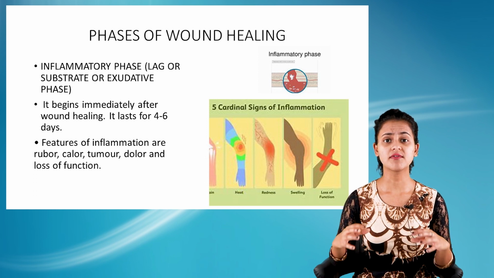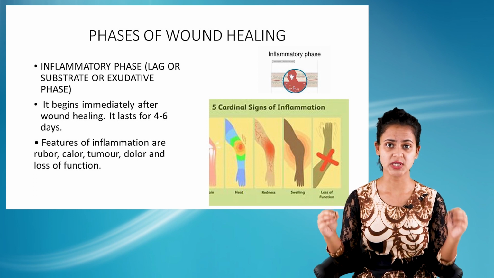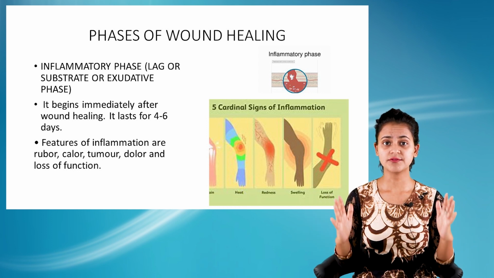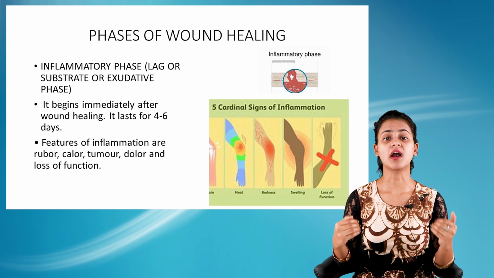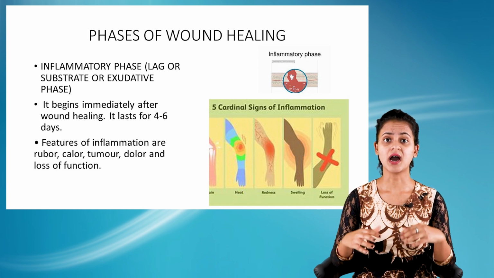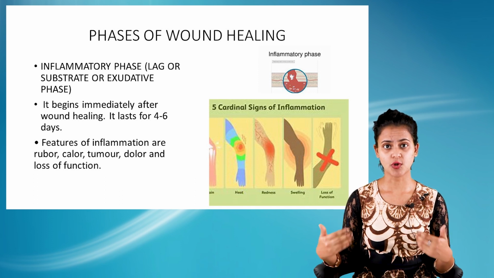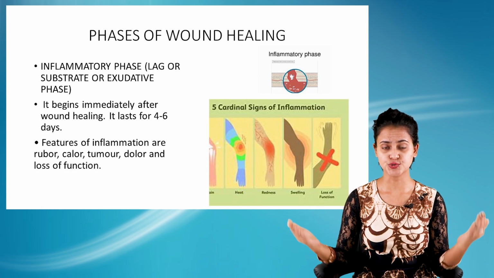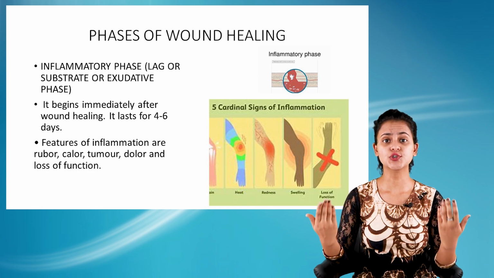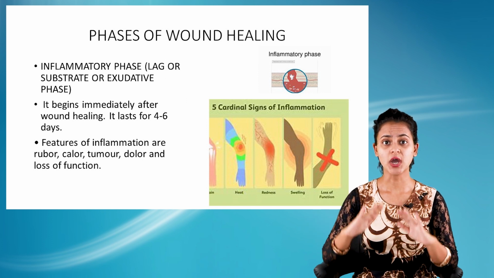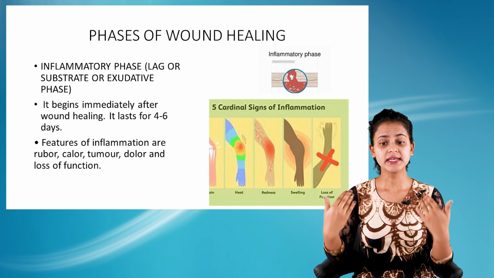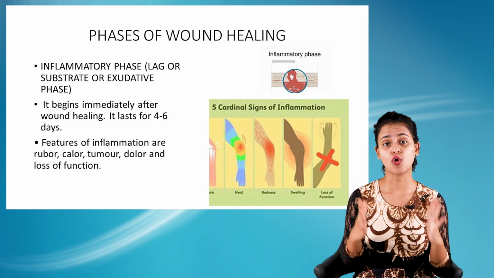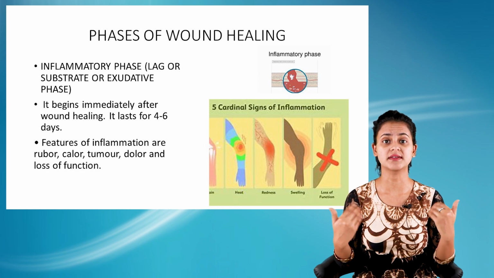inflammation. Already we have learned about the whole process of inflammation, how it occurs in an injured part. We have also seen these 5 cardinal signs. These include rubor, that is redness or development of red coloration. The next is calor, that is increased temperature of the inflamed part. The next is tumor, that is nothing but the presence of swelling in the inflamed area. The next one is dolor, and the last one is the loss of function of the part where the inflammation